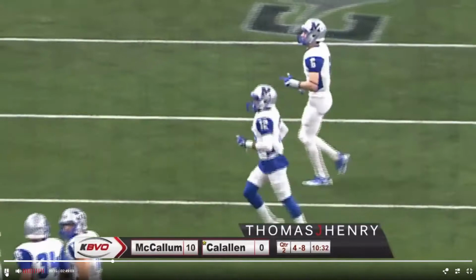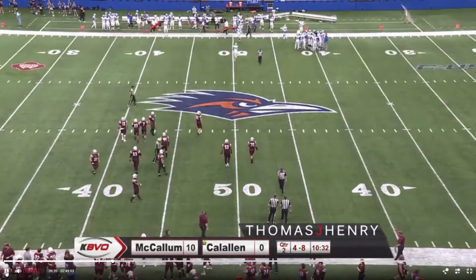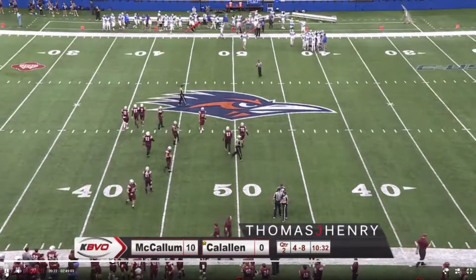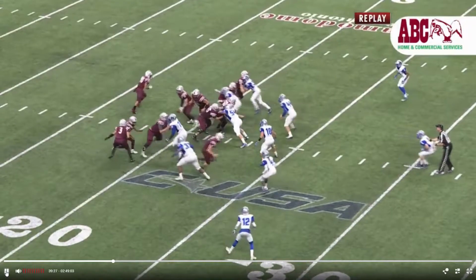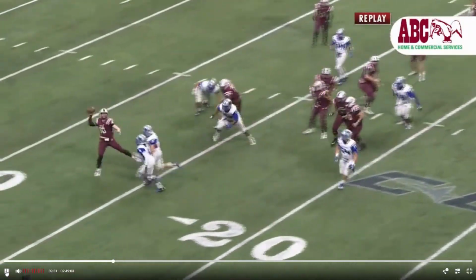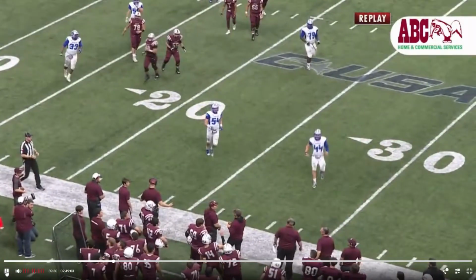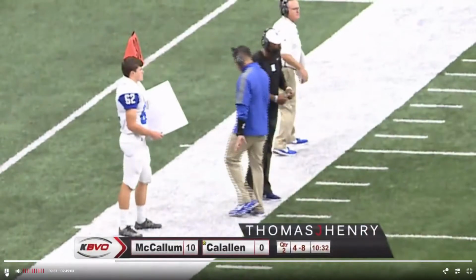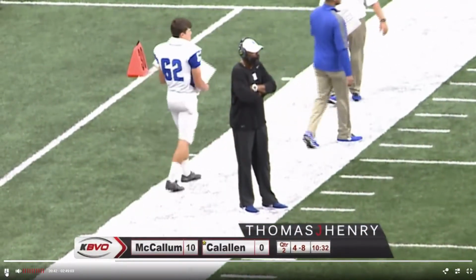And Steve, looking back at that play, it looked like they wanted to do something with Garza, either a reverse or a fake reverse, but they couldn't even get to the point where they did one or the other before there were guys in the backfield. Yeah, a lot of window dressing right here, trying to fool them. They end up releasing the tight end, and then, as we mentioned, a great job there by Will Lowen picking him up. There you see head coach Charles Taylor, McCallum Knights,